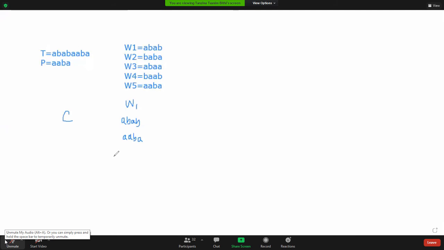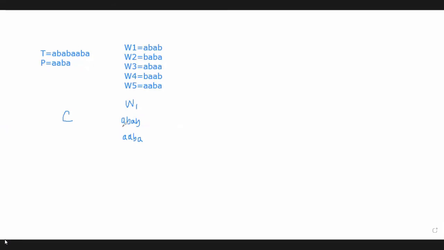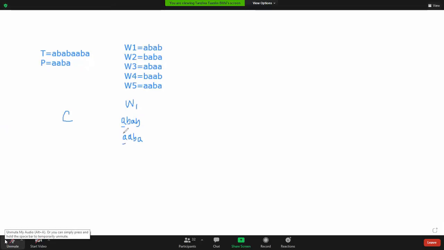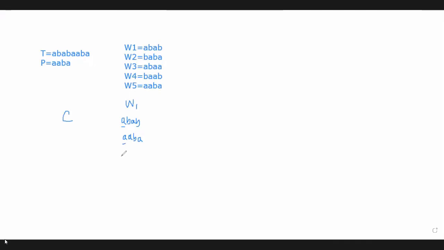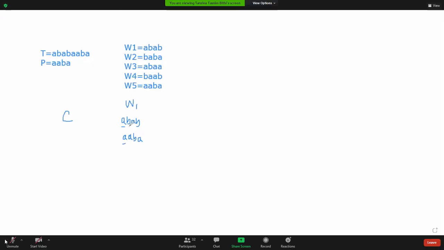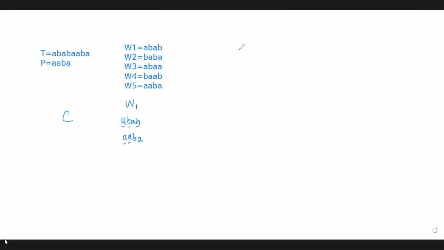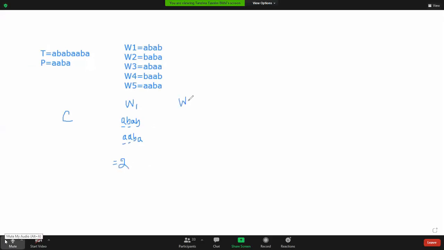We have to compare 2 times here, because in our first comparison we get a matching result, A and A. There the data is similar. After that we need to perform another comparison operation for comparing the second characters. That means when we are comparing the characters of the pattern with the characters of the first substring, we need to perform 2 comparisons.